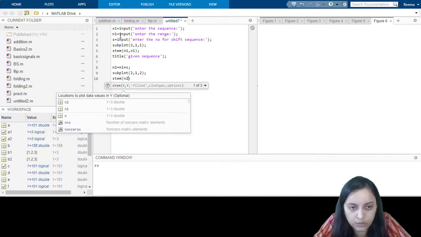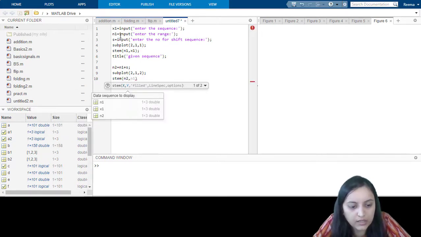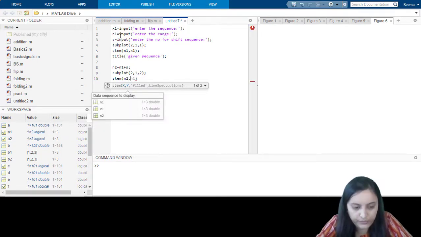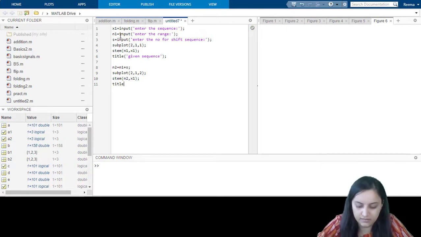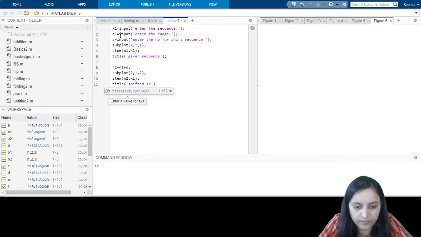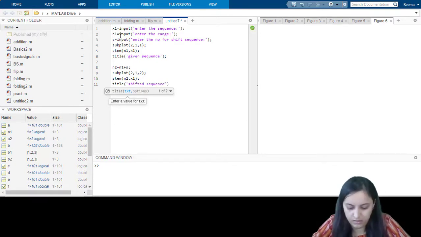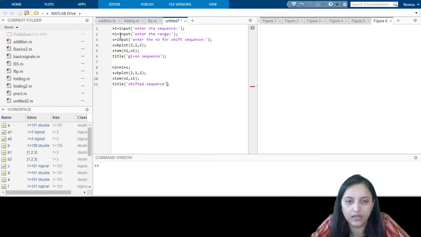So stem(n2, x1); we have already plotted n1, now we are going to plot n2. We give the title as shifted sequence, which is to be plotted.